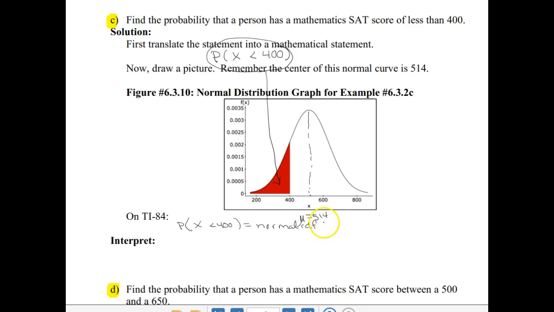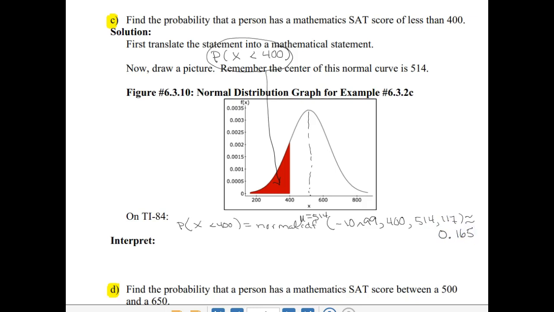And again, normal distribution, we want a probability, so we're going to use normal CDF from negative infinity, so negative 10, up arrow 99, to 400. And then our mean was 514, and our standard deviation was 117. So again, if we enter that onto the calculator, which again, you should pause the video and make that computation yourself to make sure that you are getting the same value here. Rounded off, that should be about